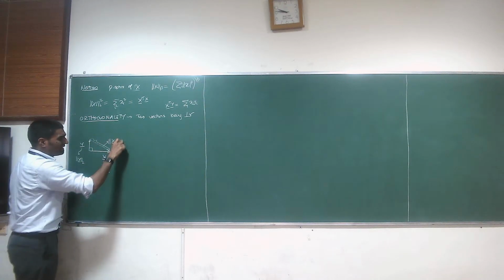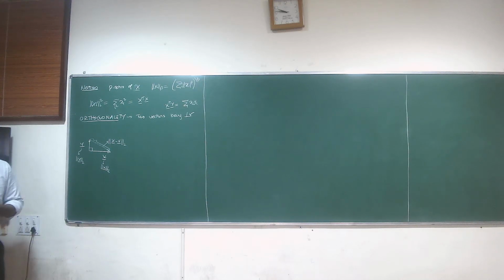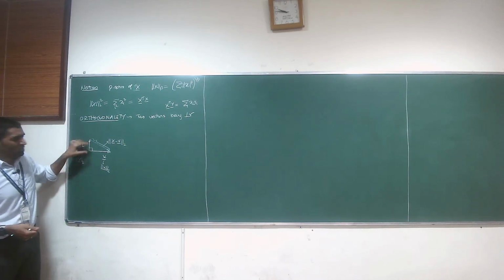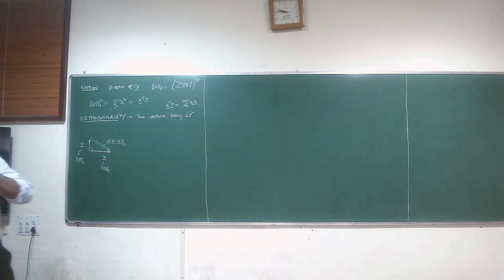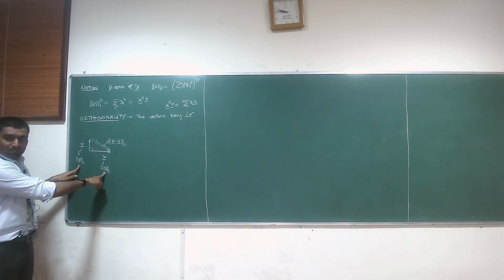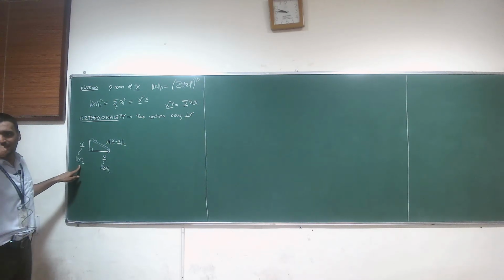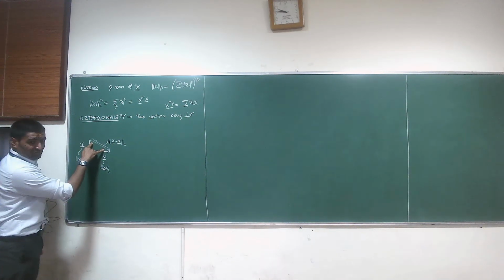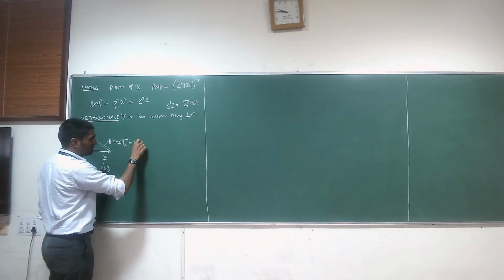What will be the length of this? Let's say we are working in R2. If you have two lines that are orthogonal to each other, what will be the length of the line that joins these two tips? Root of the square of this plus the square of this. How did you say that? What is the rule or theorem? Pythagoras' theorem. The square of the length of your hypotenuse is the sum of the squares of the lengths of the individual sides. So this is simply equal to